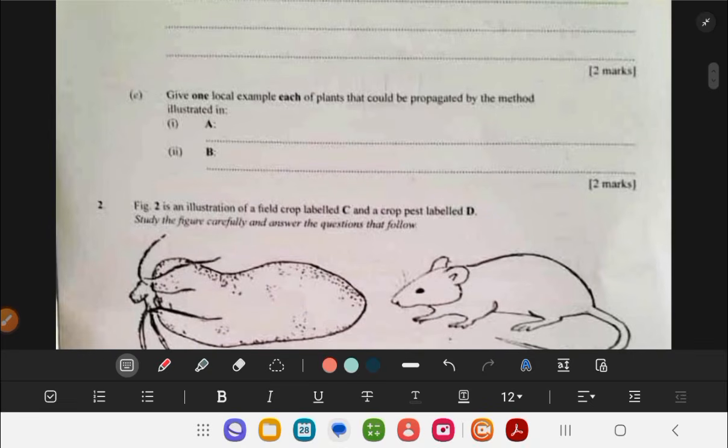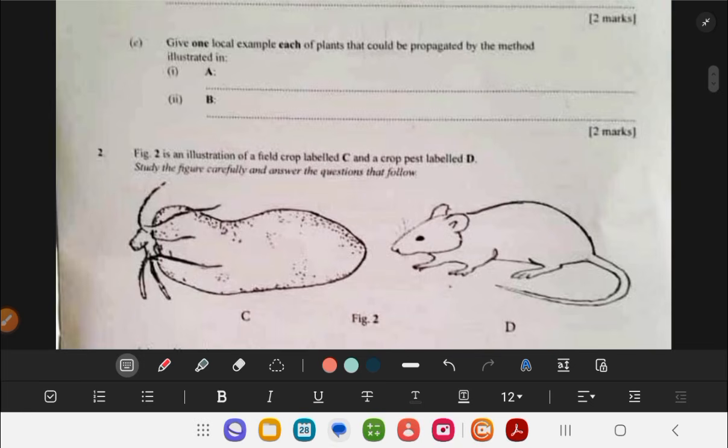Then the next question says, give one local example of each of the plants which could be propagated by the method illustrated in A. So which plants could be propagated using budding? So we can have citrus like orange and then lemon as well. Then for the B,